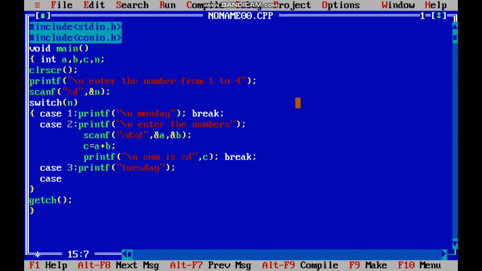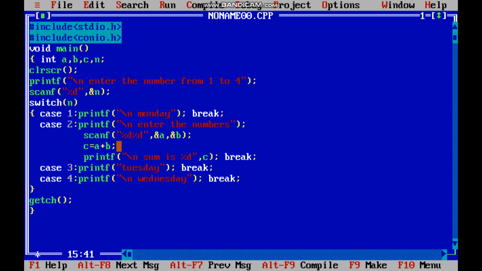Case 4, printf("\nWednesday"). I missed the break condition over there, so I'm adding break.